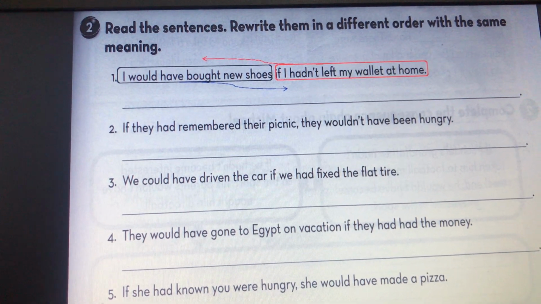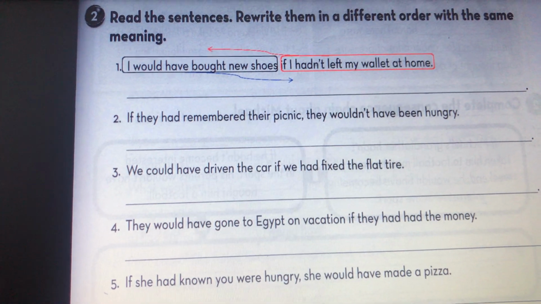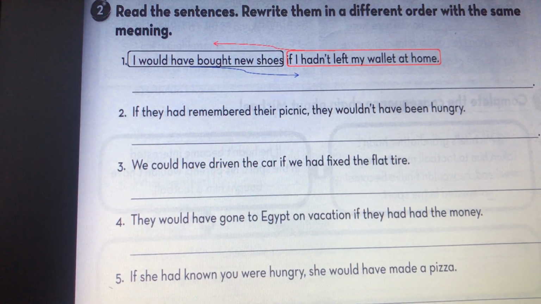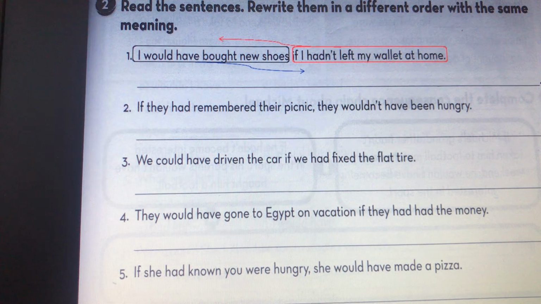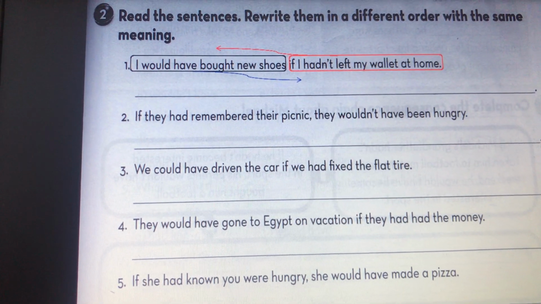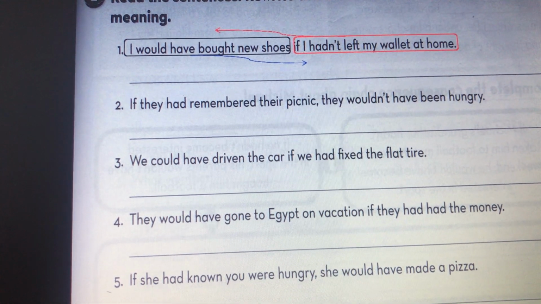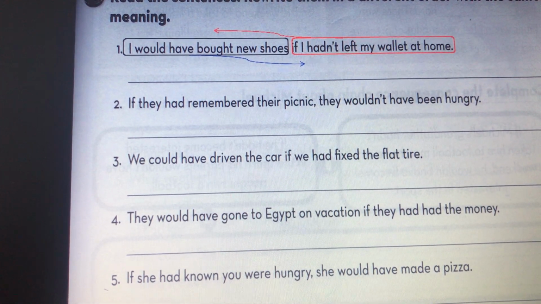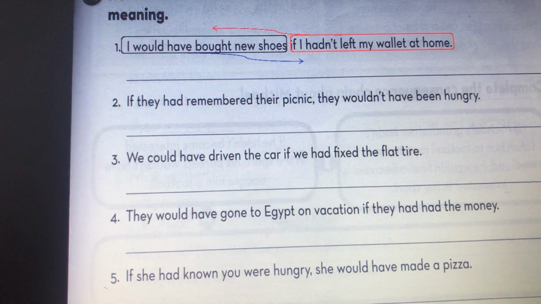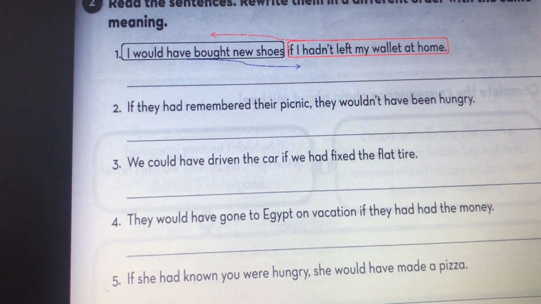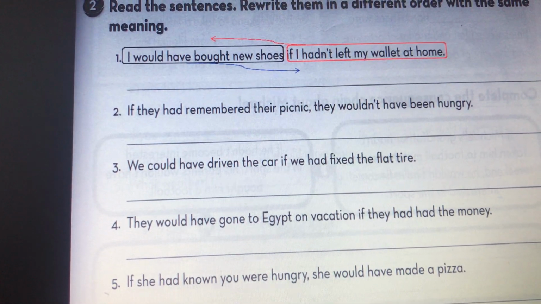We can begin with the main clause. يمكن أن نبدأ بجملة جواب الشرط. Let's check. I would have bought new shoes if I hadn't left my wallet at home. We can change the order. Just changing the order. فقط تغيير الترتيب.